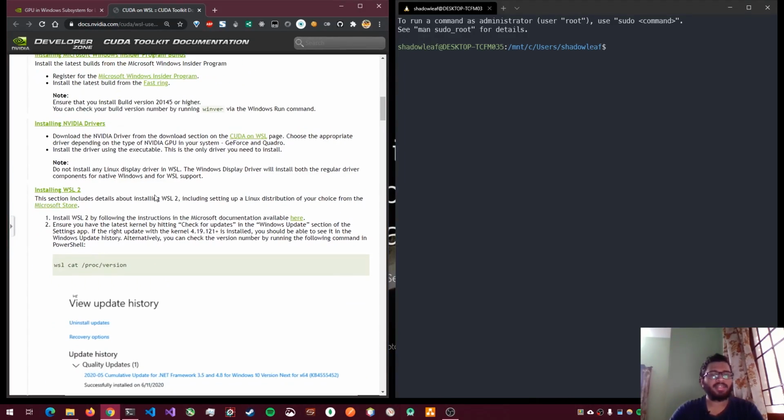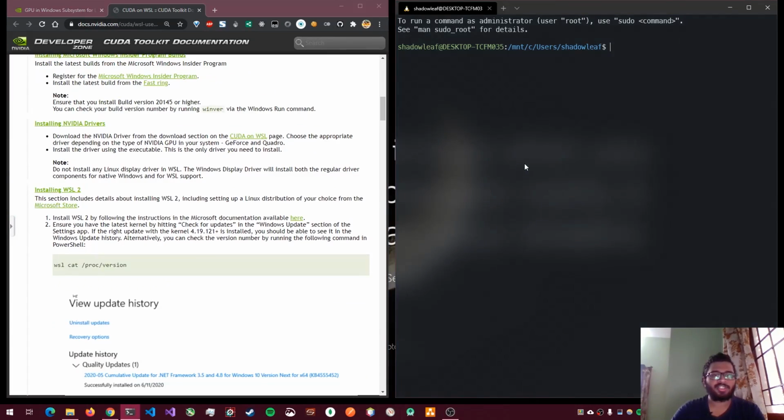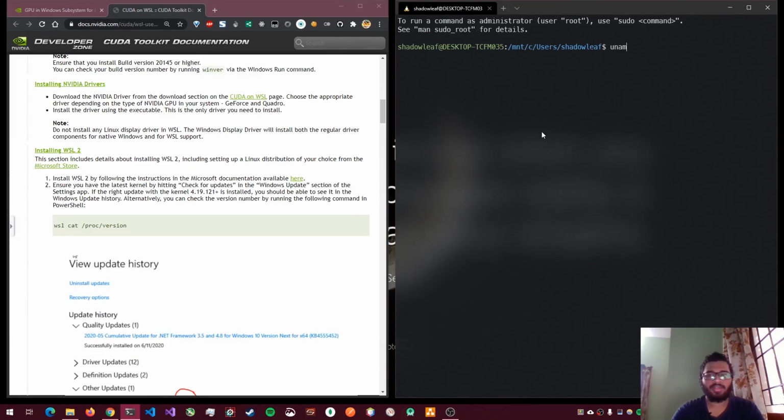Okay, the next thing that we need to make sure is that my kernel version is the right one in WSL. So I'll do uname -r. Yeah, my kernel version is 4.19.121, and you need this kernel or later for running CUDA on WSL. Something that I did try, before updating to the Windows Insider version, is installing this kernel and trying CUDA, but it didn't really work. So you need the latest Windows version, the right NVIDIA drivers, and the right kernel in WSL2 for this to work.